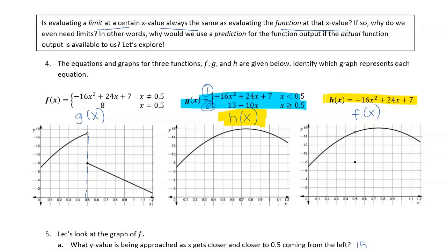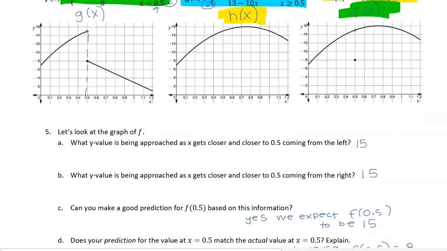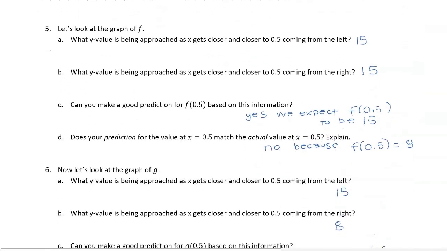And finally, this piecewise function is very interesting because we have that same function that we started with for the other two problems with a nice smooth curve, except for we have one little thing here, and that is at 0.5, we have a hole up here as identified by the x cannot equal 0.5, and the value at 0.5 is going to be 8. All right, we've identified all those functions. Now let's look here at some of these questions.